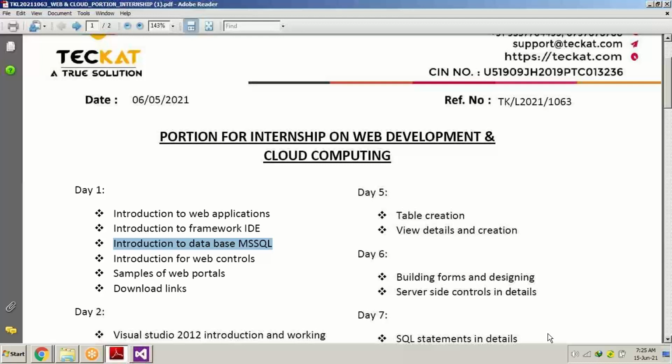As I told, there are many databases. MS SQL belongs to Microsoft. I basically use MS SQL because Visual Studio is also a Microsoft Corporation product, and Microsoft SQL Server is also a Microsoft product. So I basically use Microsoft SQL Server, both products of Microsoft, because I design applications for Windows. So I have used Microsoft for a very long time.